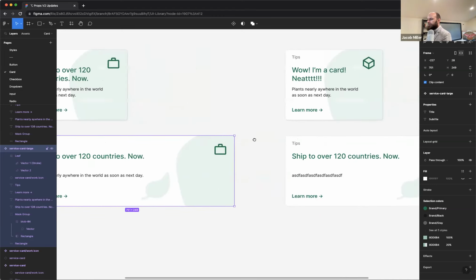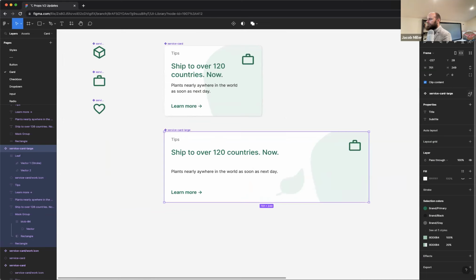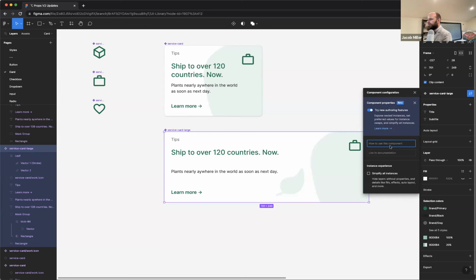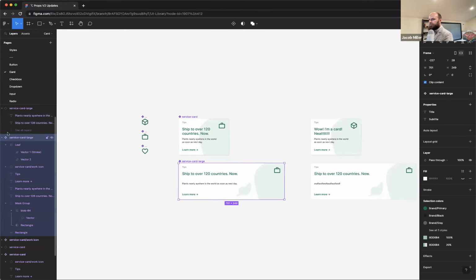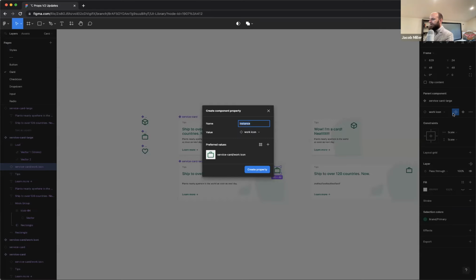So one thing I'm going to do is select this component here. I'm going to go into the component options and the configuration, and I'm going to select simplify all instances. And now when I select this and I show the actual instance of it over here, notice we see a collapsed version of this. So what we see is this little subtext right here, this title text that's over here, and everything else is hidden. The reason for that is I only have props assigned to the title and subtitle of this card over here. But remember before how I added in a little instance swap property for this up here? If I do the same for this card as well and add in a quick little icon instance swap,